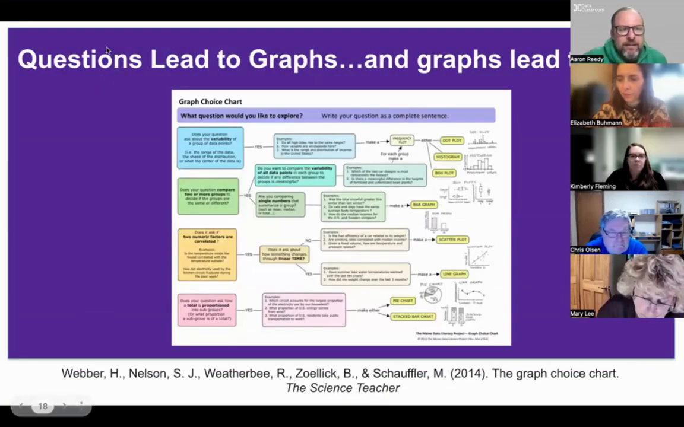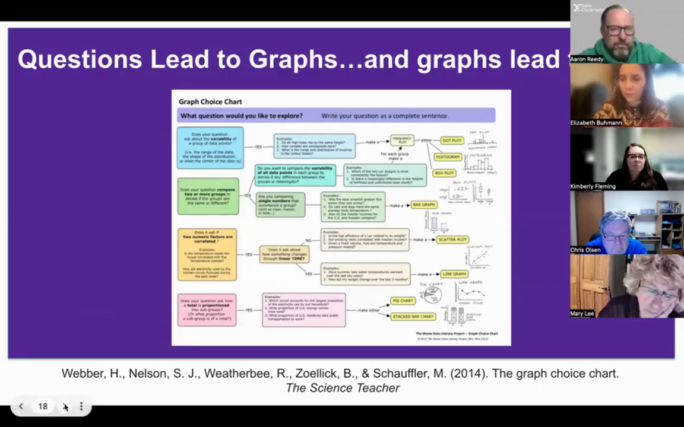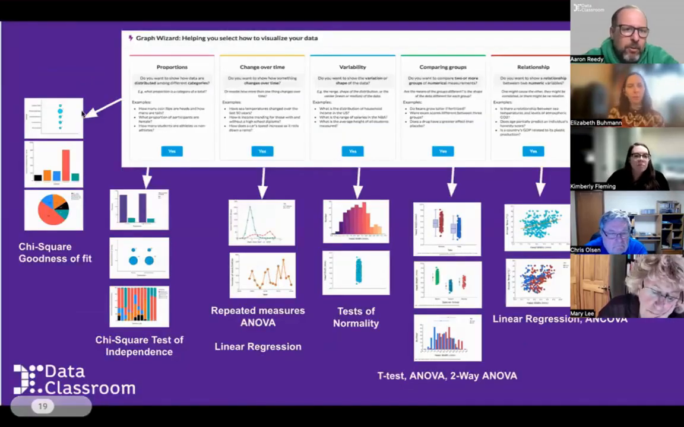I often say that questions lead to graphs. And then I always like to add on to that, graphs lead to statistics. And so this is a graph choice chart, which appeared in a journal called The Science Teacher. It was research done by the University of Maine. And I think it's a great starting point, and you can extend that to thinking about different question types, and